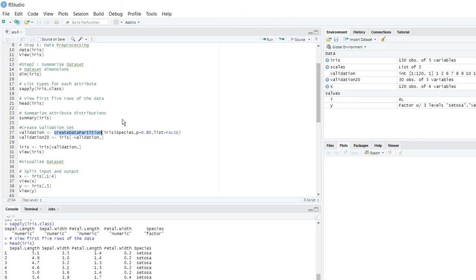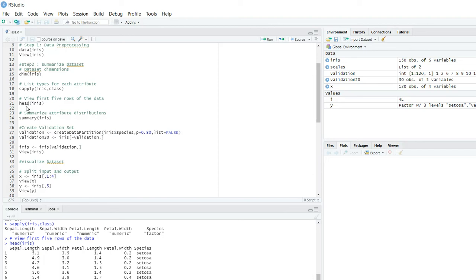You can split percent wise, so you need to specify what percent needs to be separated out. The data set is iris, and based on species, the partitioning factor given here is 0.80, that is 80% of the data will be copied into the validation variable.